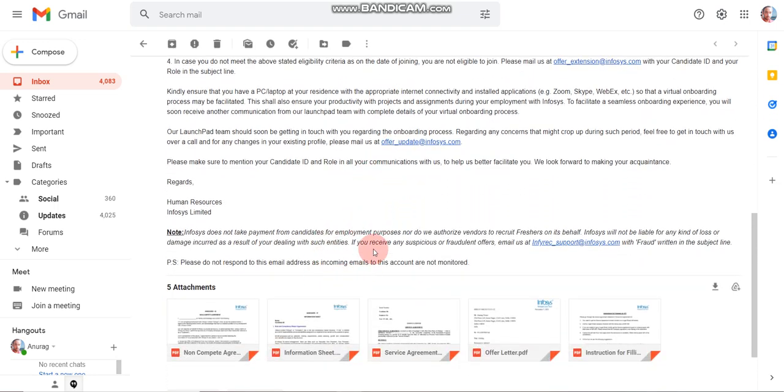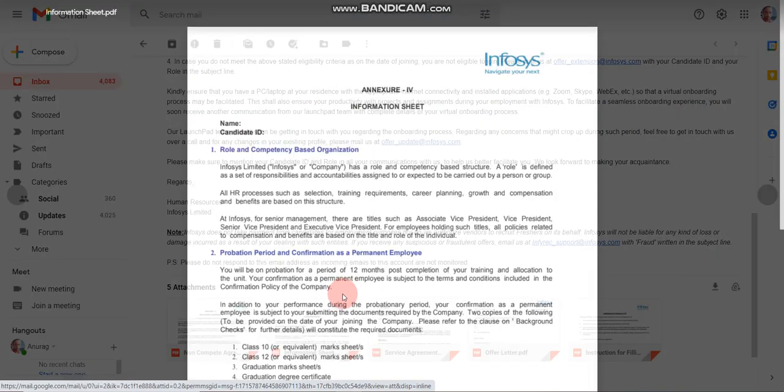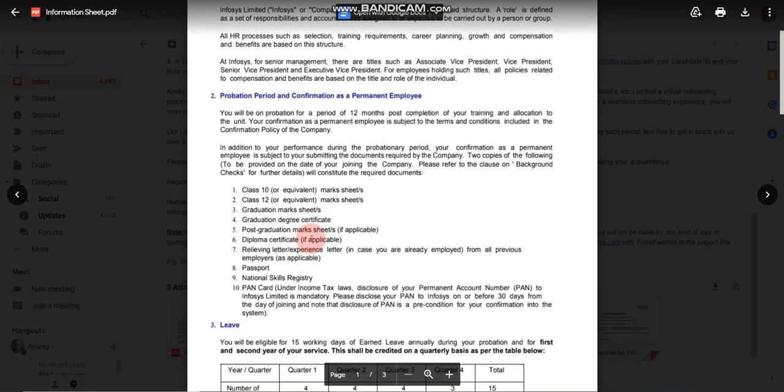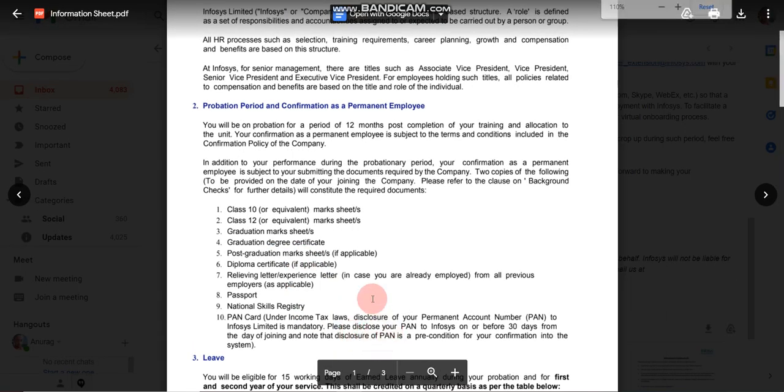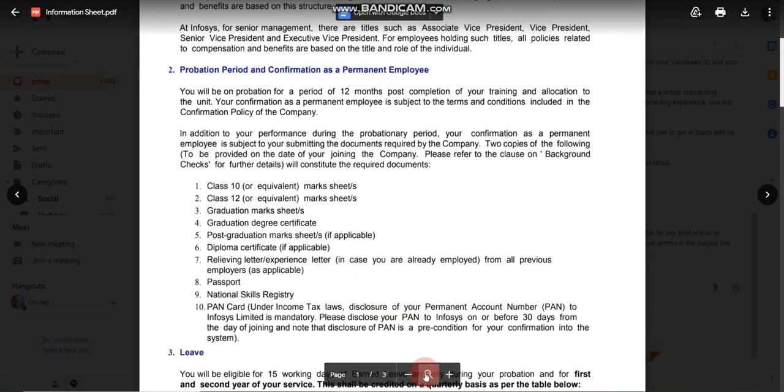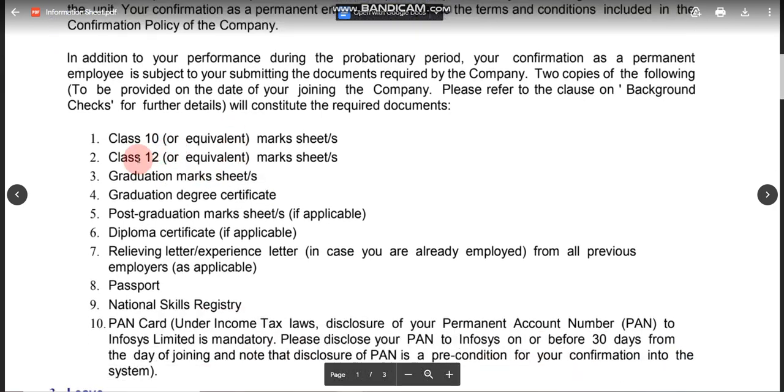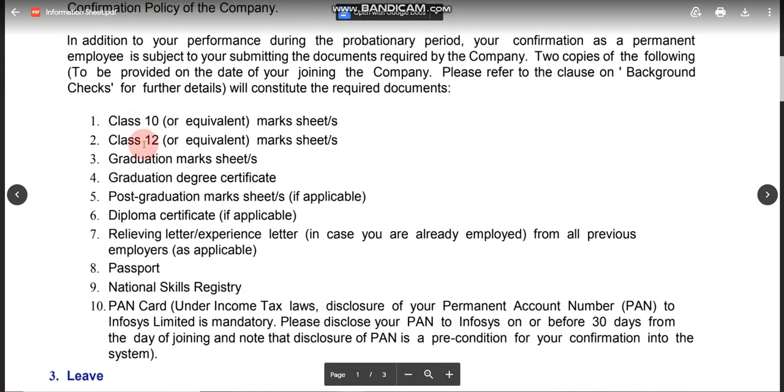Now let me tell you what are the important documents which are mandatory for document verification. Let me click on this and zoom in for you. The first ones are the 10th mark sheet, 12th mark sheet, and graduation degree certificate. If you don't have a graduation degree yet, don't worry, you can submit your mark sheet only.